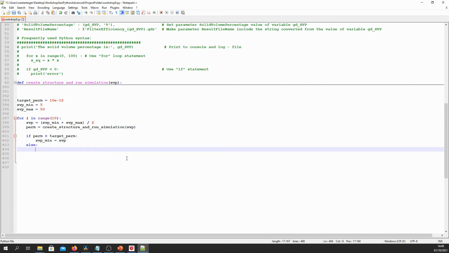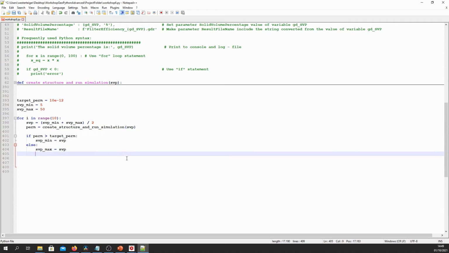And in the else case, if the permeability is lower, we say SVP max equals SVP. So in this way, we pick the lower half of the search space. And the condition that the permeability would be exactly equal to the target permeability is not going to happen. So that's something you don't need to think about at this point.